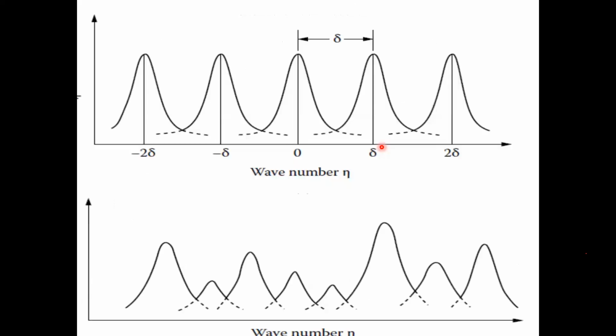Now, each of these lines has a structure, and the shape of this is called the Lorentz shape, which is a Gaussian, and this comes about because of the collision of nitrogen and oxygen molecules with water vapor molecules. The challenge is that at the middle of this Gaussian, absorption is very strong. It rapidly declines, and then again it rises in the next line. So there is very little absorption here and very strong absorption there, and you have to take care of